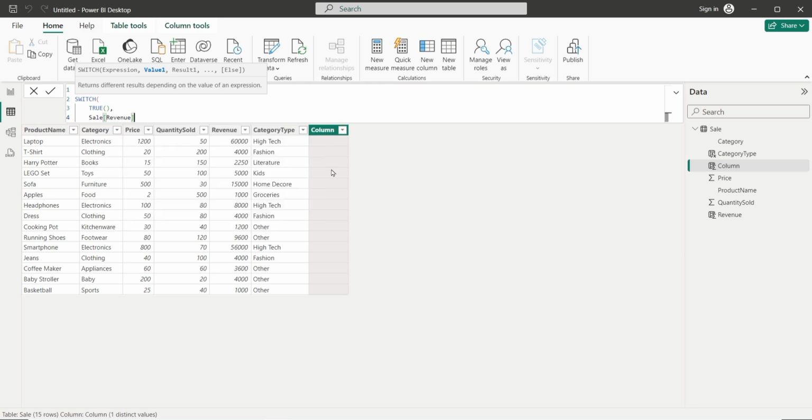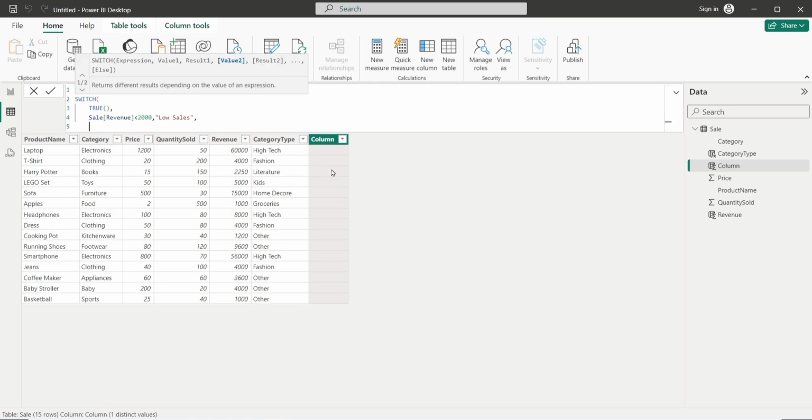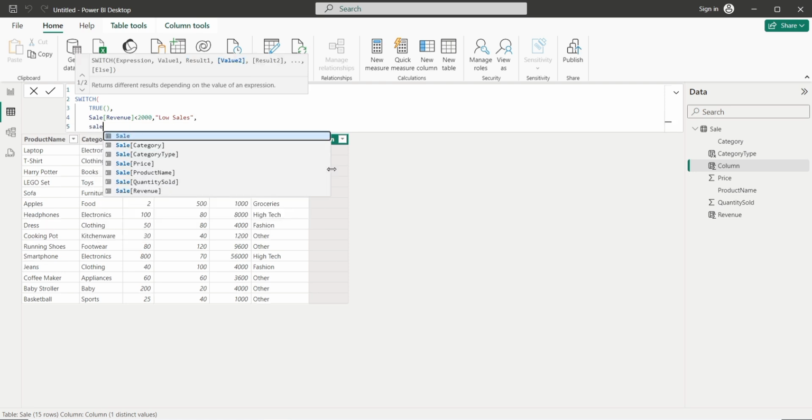So we're going to select our revenue column. If the data written in revenue column is less than 2000, then give the output as low sales, comma, shift plus enter,